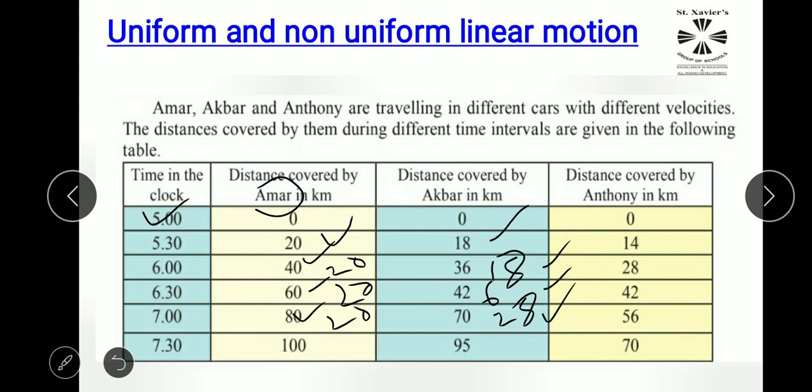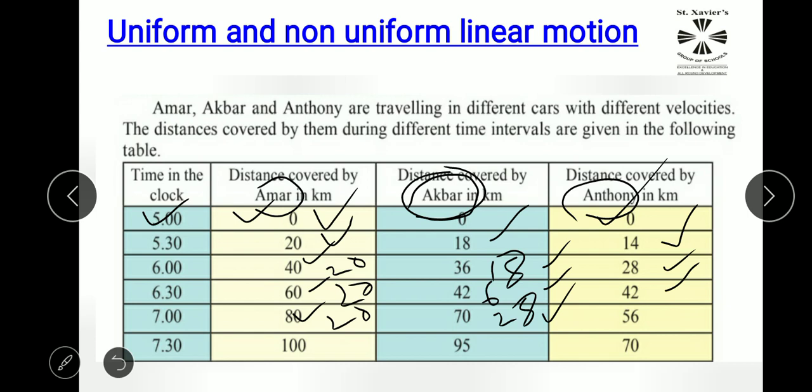So the distance covered by Akbar is not the same, speed is changing, students, whereas Anthony also travels with the same speed: 14, twos are 28, threes are 42. Here 14 is added up, and each half an hour the distance traveled by Anthony is 14 kilometers only. So Anthony and Amar travel with the same speed, and Akbar is increasing and decreasing